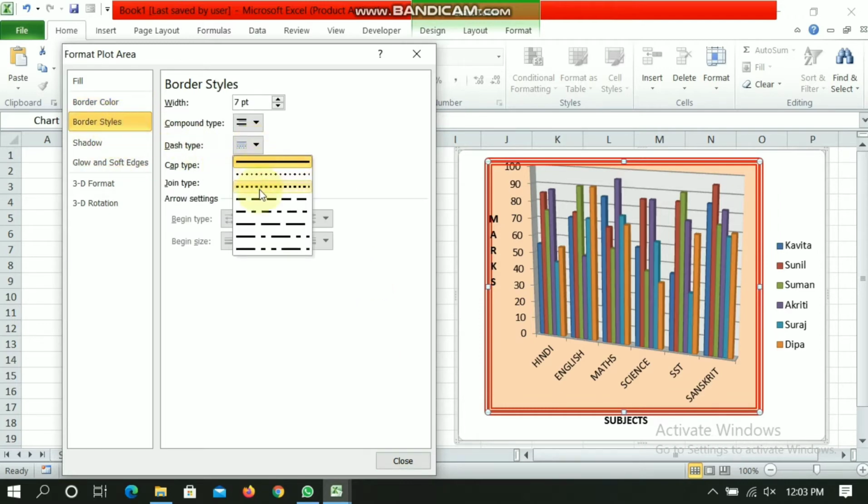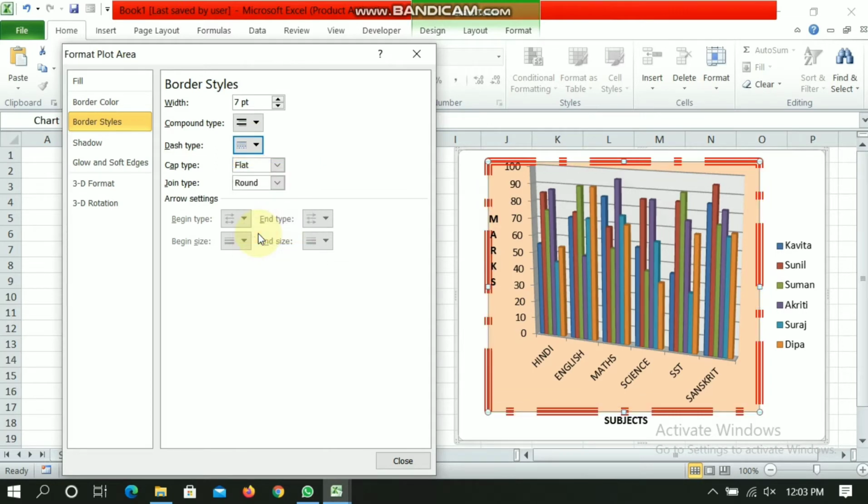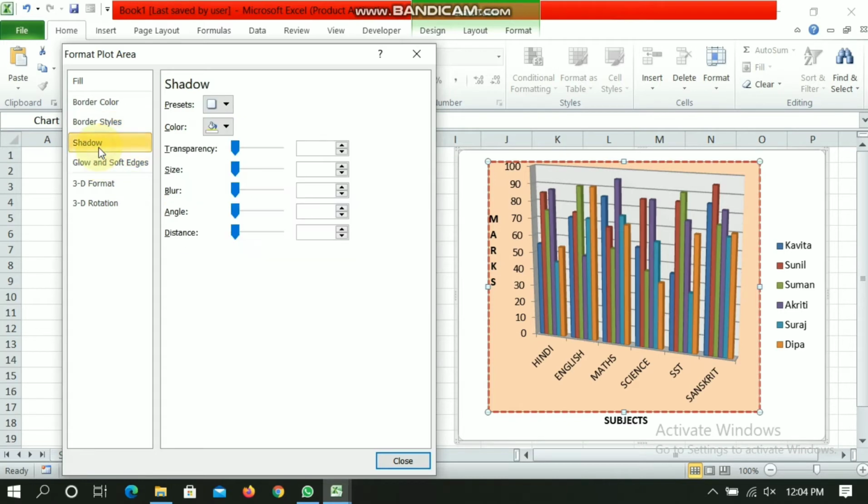You can change it to dash type as well. You can choose accordingly, and you can increase or decrease the width of the border style. Fine. And next is shadow.